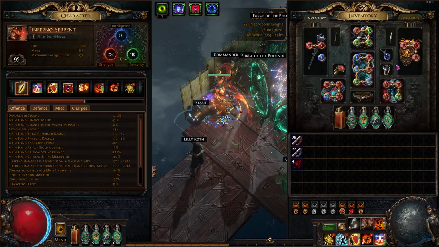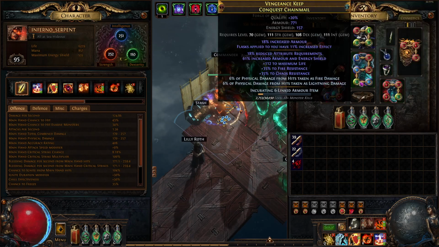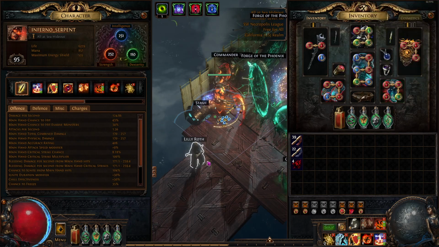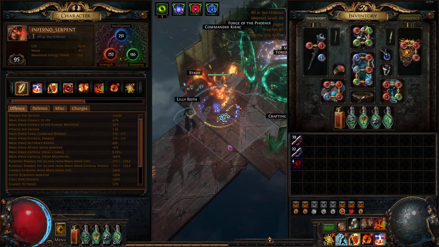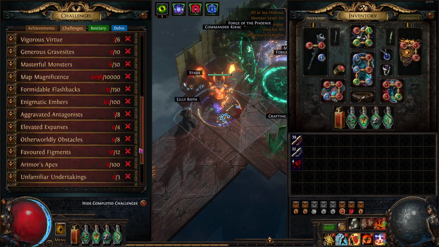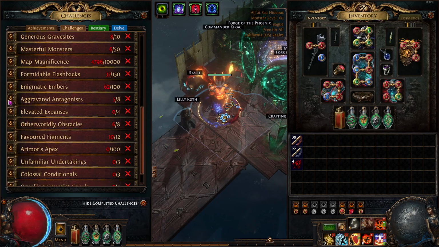Righteous Fire, very good character, very, very easy to craft all the gear, extremely powerful in maps. I just wouldn't league start it because the damage is low and you might fail Maven invitations due to not having enough damage. But yeah, like